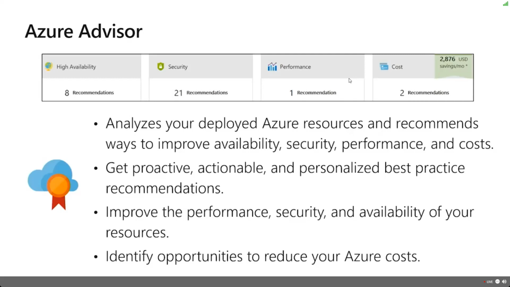Have you thought about having an availability set, which means you have to spin up another VM, which means it's going to cost you more money. But we're going to give you that recommendation. It's up to you whether you want to take it. But the tool will also go the other way. Say, you know what, that VM you're running is only at 25% utilization. Have you considered using a smaller VM that costs you less and will help you save money? So Advisor is a free tool to allow us to do those types of things very easily inside of Azure.